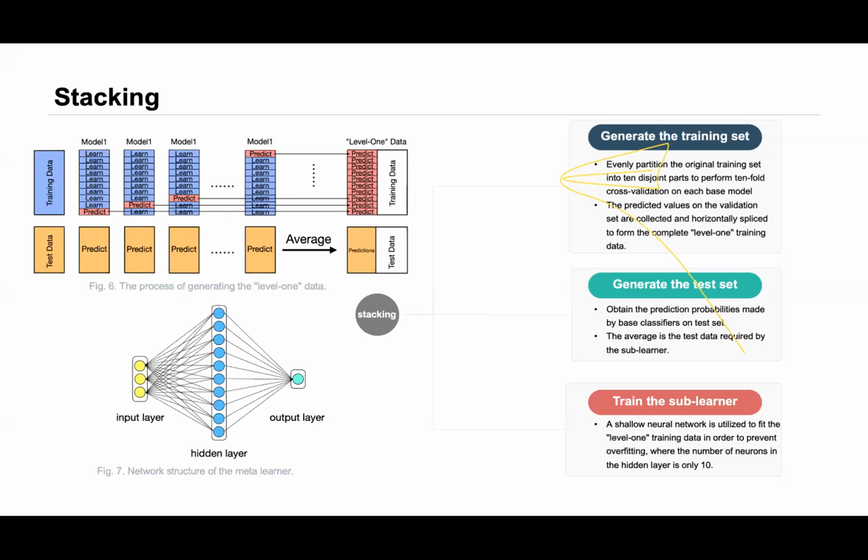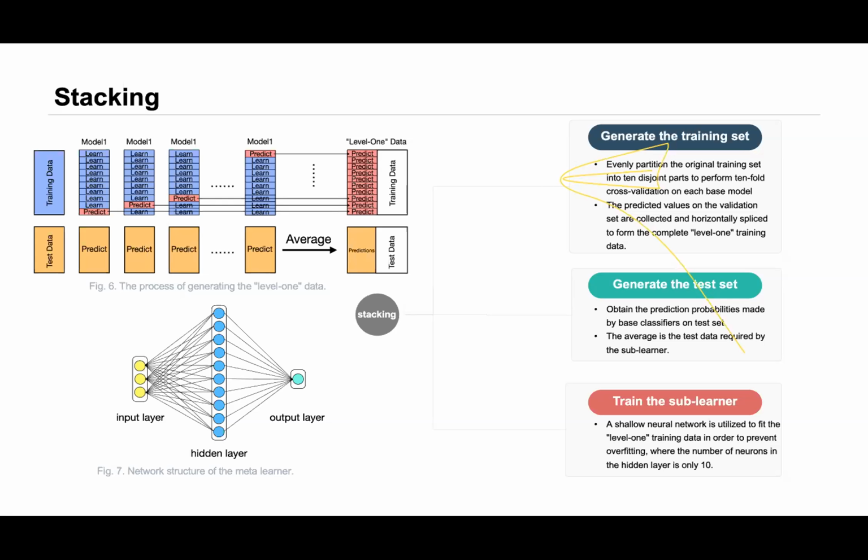After every fold has been picked as the validation set, we obtain the prediction probabilities on each of the 10 folds and the 10 prediction results on the test set. This is all the data provided by the base classifiers to the sublearner for training and testing.